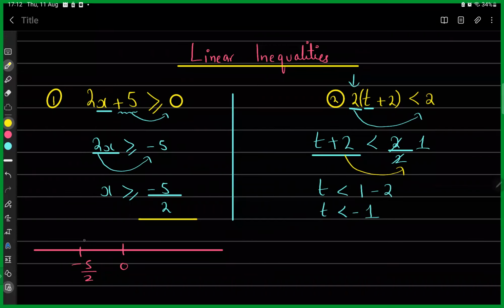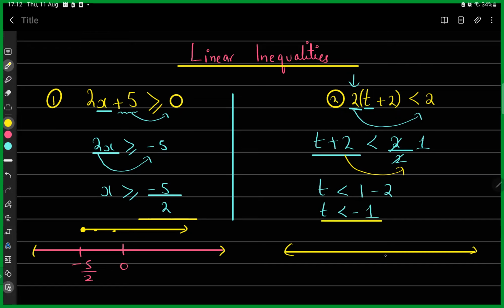So this means that it can be negative 5 by 2. It could be anything that is greater than negative 5 by 2, right? So I am going to just make a line like this. And I need to make sure that this is a filled circle because it could be minus 5 by 2 as well. Okay. So if I talk about the similar concept over here,